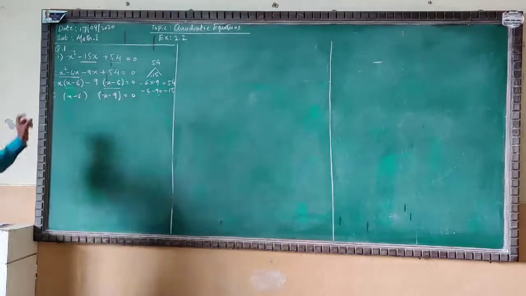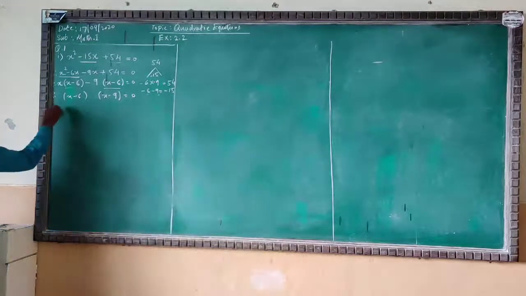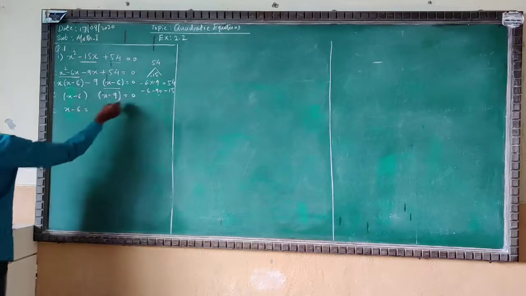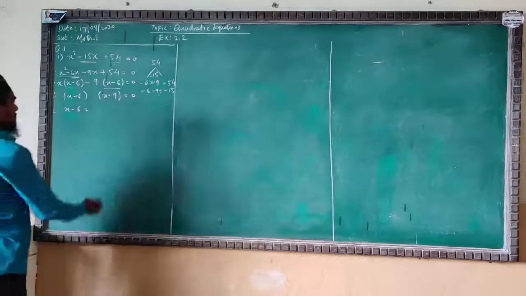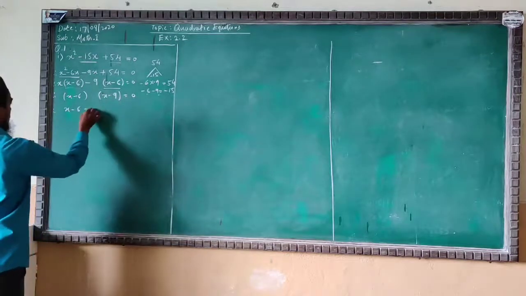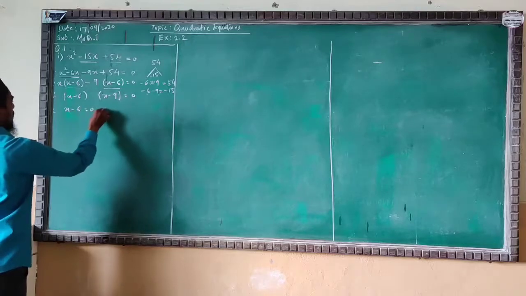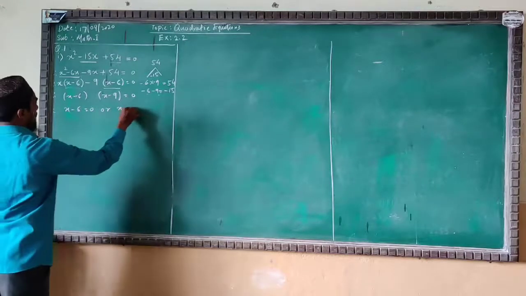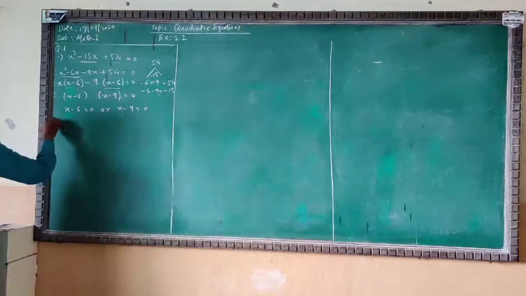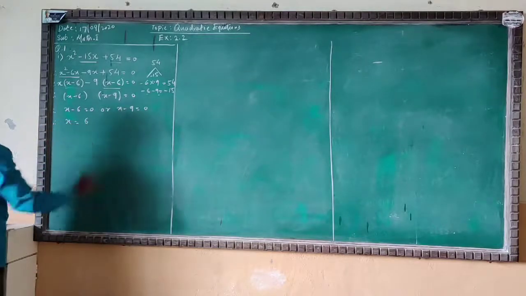Like this we have to take the common. Now continue it. Here we have x minus 6 and the 0 will be there, equal to 0 for both the brackets. So we will write x minus 6 equal to 0 or x minus 9 is equal to 0. Now bring the minus 6 to the right side, we will get the